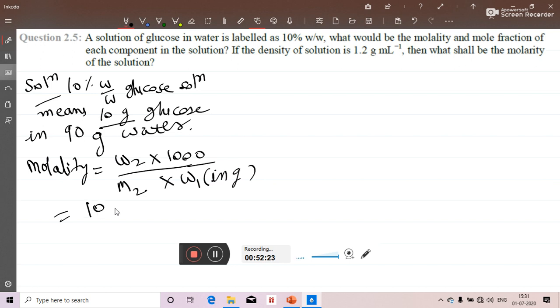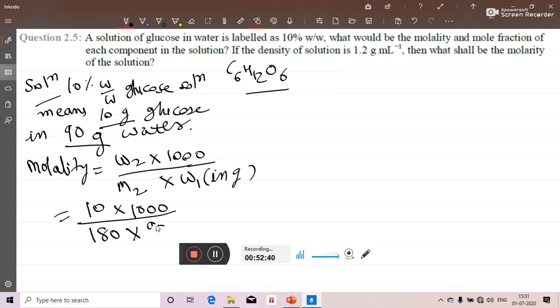Now formula of glucose is C6H12O6. So when you find out the molar mass of glucose, it will come out as 180, into 1000 upon mass of water in gram. So that is 90. So when you solve this out, the molality of the solution will come out as